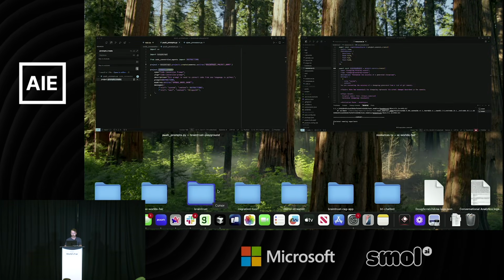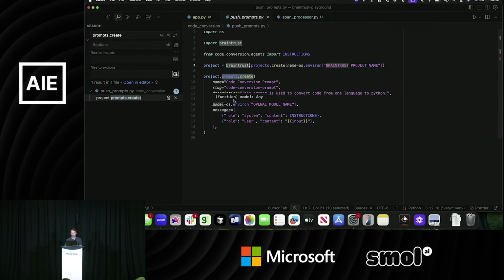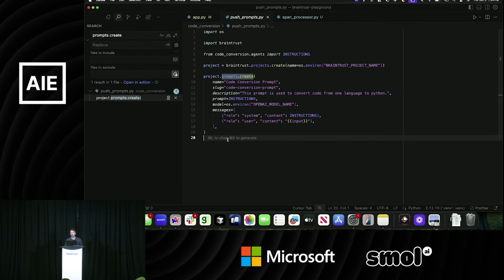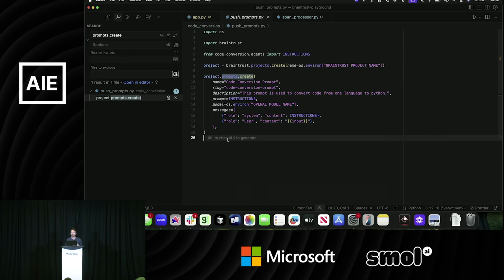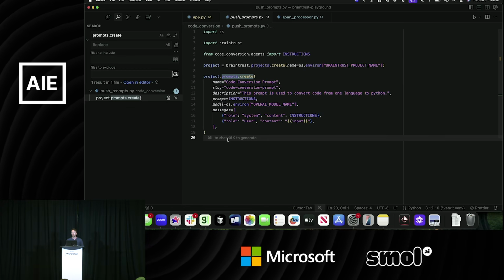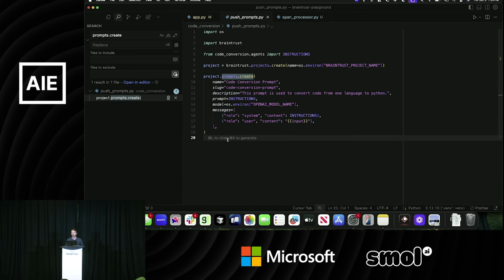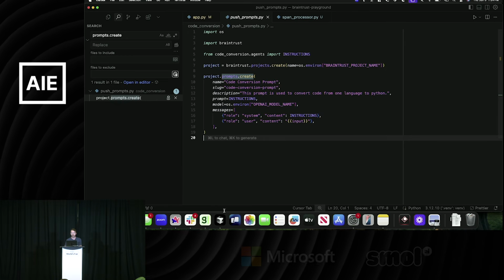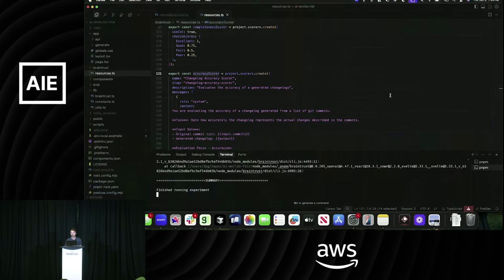Actually, if you all aren't opposed to looking at some code, here's just a really basic example of defining a prompt within my code base and then pushing it into Braintrust. So just leveraging that Python SDK. Another example, I should come over here,